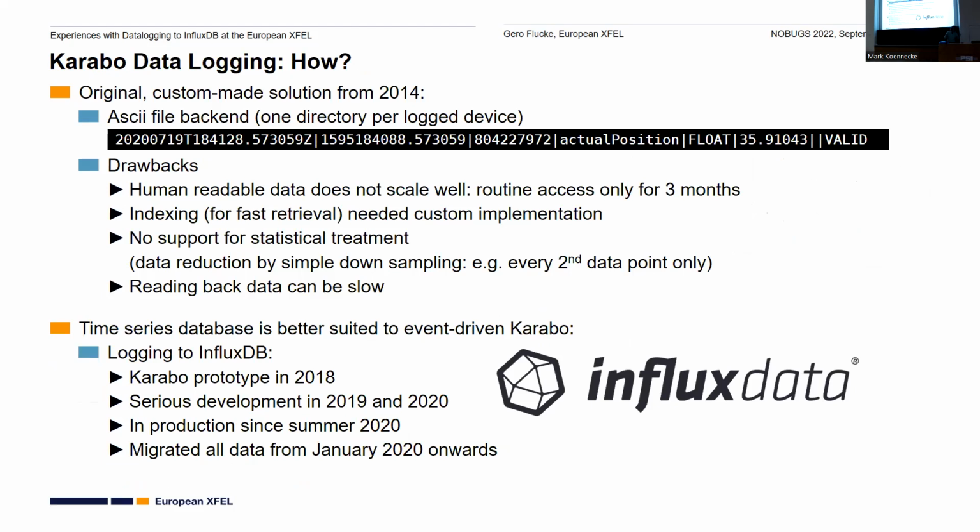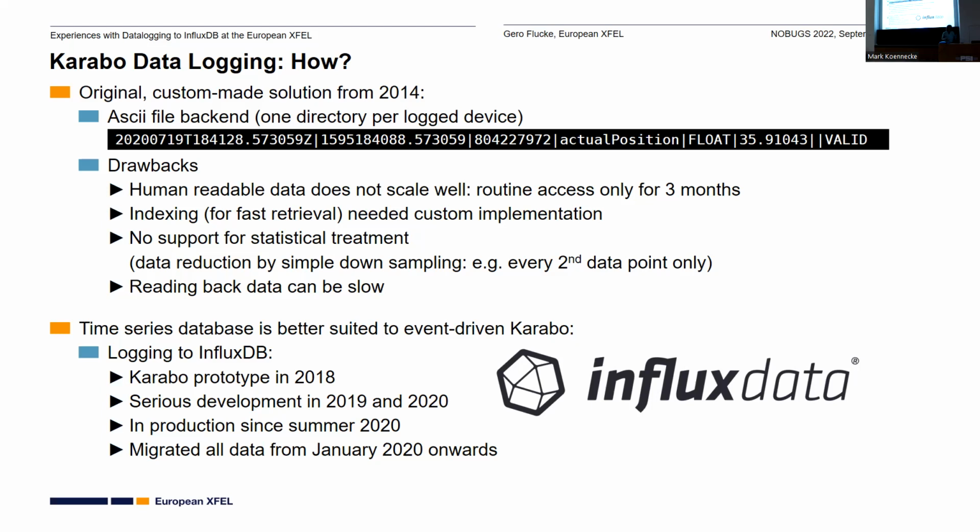So how is this done? Just a bit of history: we had a custom-made solution from 2014 with an ASCII file backend, where there was a directory for each device being logged, and then you had a timestamp in different formats, the name of the property, its type, value, and some metadata. Of course, human-readable data is nice, but it has drawbacks. It doesn't scale well. We stored only 3 months of data available for quick lookup, and then archived it away. To get the indexing right was some endeavor. It worked in the end, but